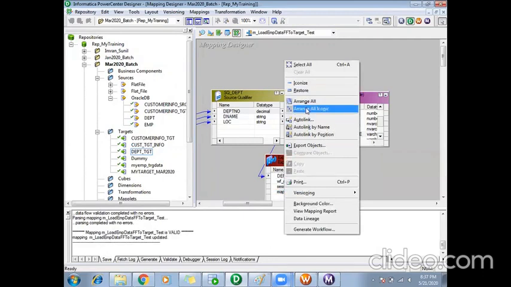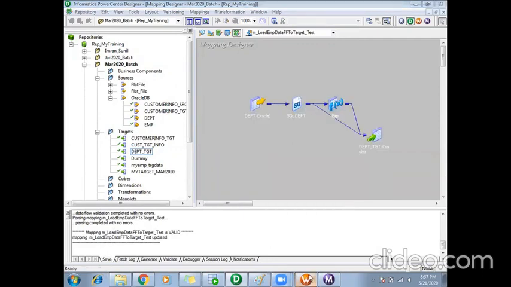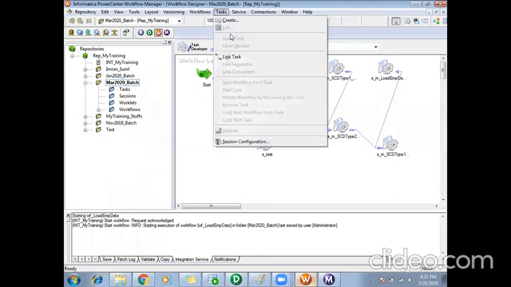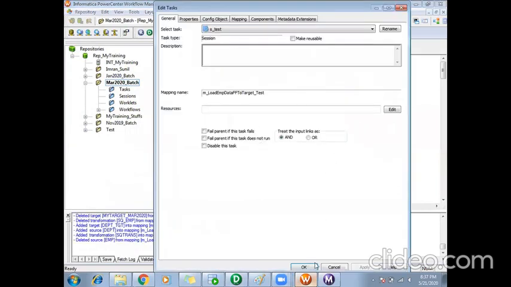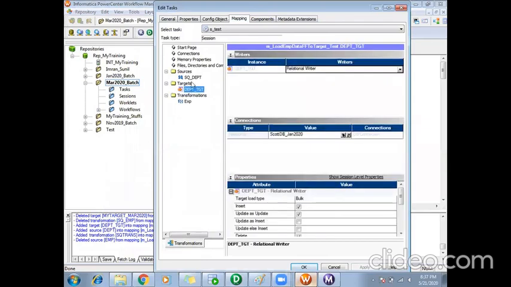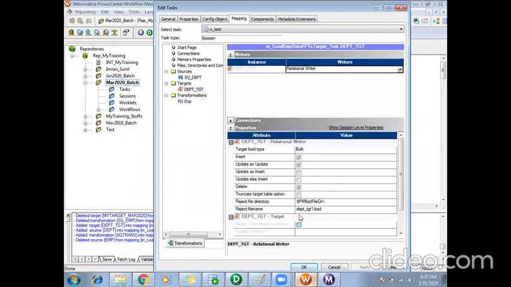So if I want to run it, if it's part of the same workflow, I'll link it. If it's a new workflow, I will run it in that workflow. Right now I'm keeping it in the same workflow only. So here also I'll truncate the data before loading in my target.